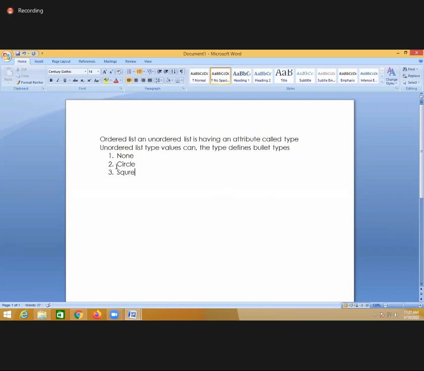Now, these are nothing but what here? Bullet types. What is the first one? None. The second one is circle and the third one is square. When it comes to an ordered list, the type can be